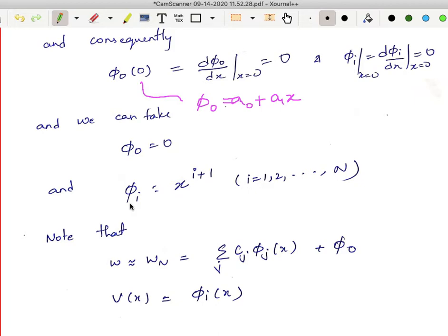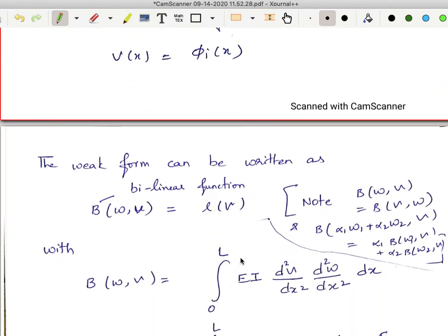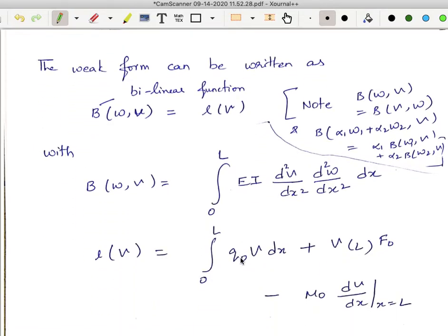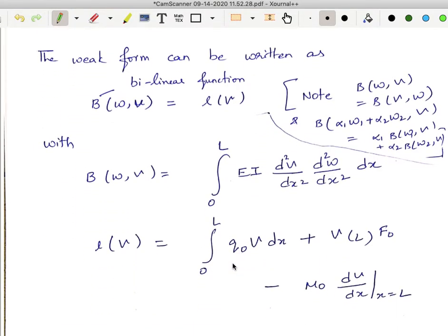Alright. So now we have come up with the weak form, and we have come up with the n parameter approximate solution, meaning we have defined phi naught and phi I. What is left to do is to find out the cjs. So how do we do that? Now before we move ahead and find cj,